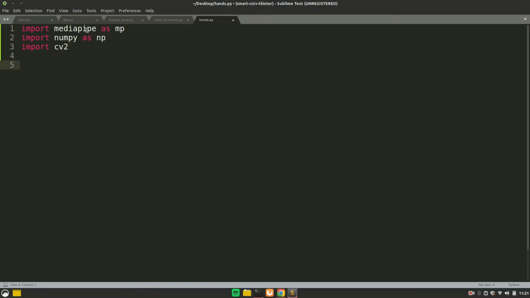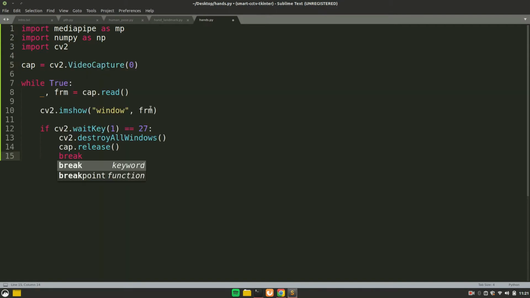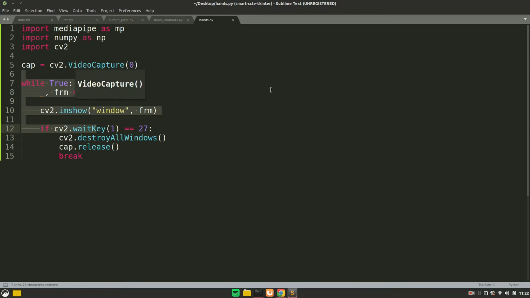I'll just quickly fast forward that because I have repeated this code so many times, you would feel bored if I explained it again. Alright, so this is the code for reading directly from the webcam of our laptop or computer, extracting the frame using this line and then showing it on the screen to the user. If the user presses the escape key, this if statement gets activated, destroys all the windows, releases the camera resource and breaks out of the true loop. That's all, nothing too complex in it.